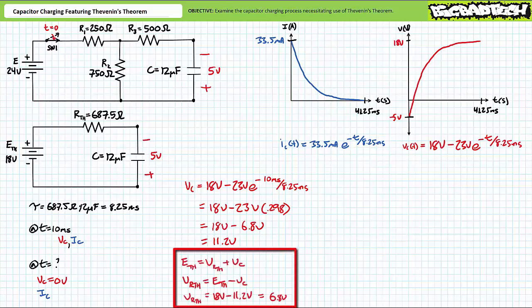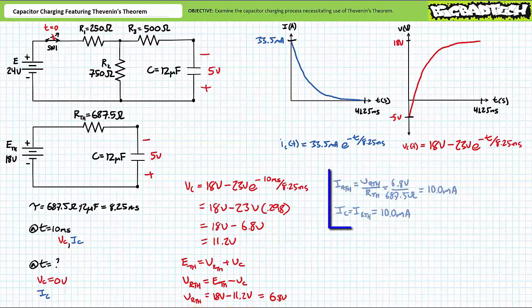Given an instantaneous 11.2 volt differential across the capacitor, this means 18 minus 11.2, or the remaining 6.8 volts, must necessarily appear across the Thevenin's equivalent resistor. A quick application of Ohm's law demonstrates that approximately 10 milliamperes of current must be flowing through the Thevenin's equivalent resistor, and by extension, 10 milliamperes of current must also be flowing into the capacitor because they are in series